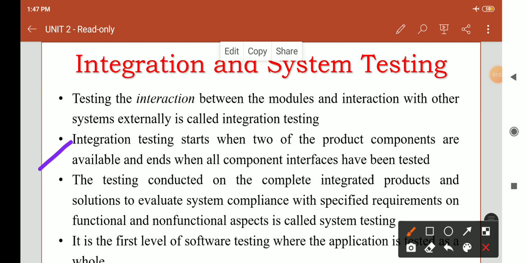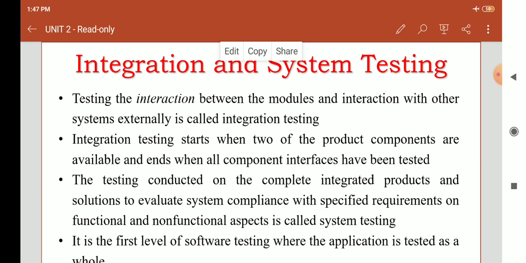Integration testing starts when 2 of the product components are available and ends when all component interfaces have been tested. So it starts when 2 components are ready, and it is completed after the entire integration is completed.